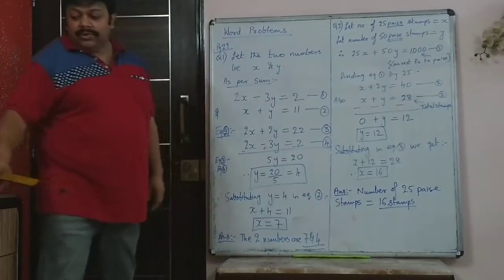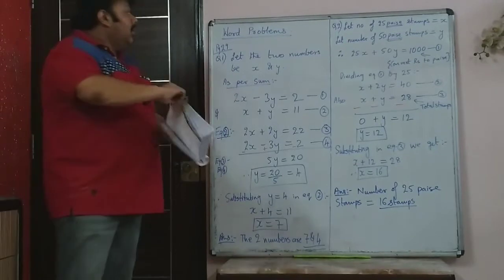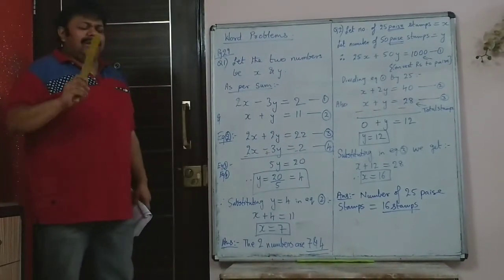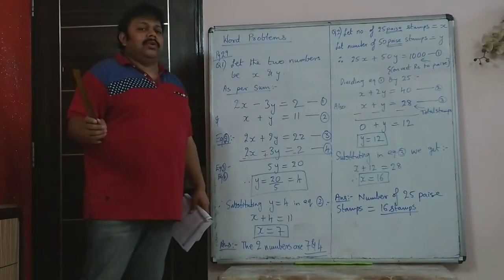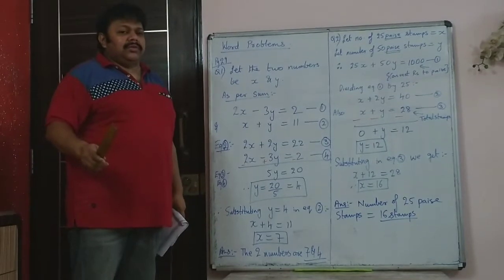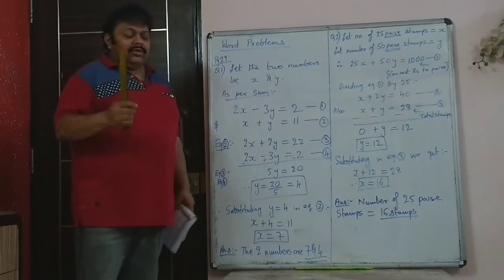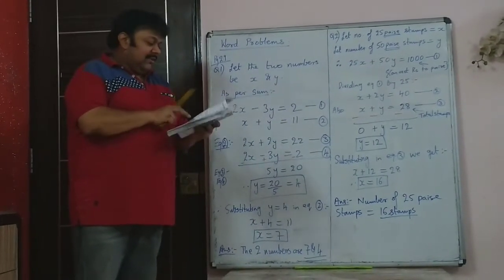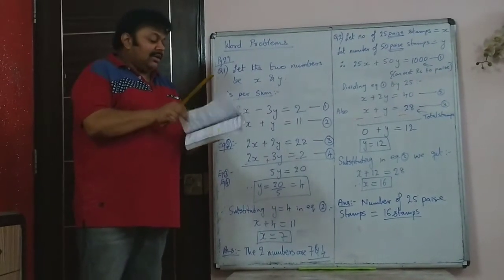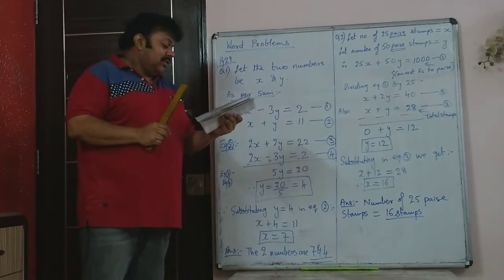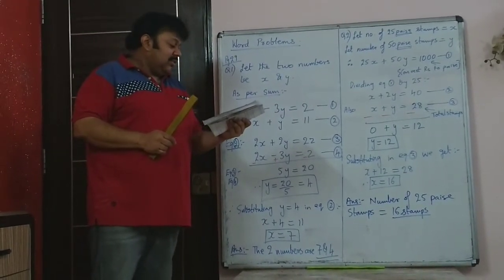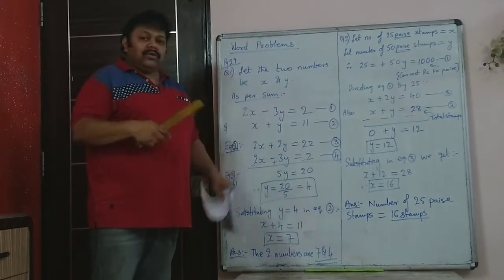The word problems, we are starting with the word problems on page 29. Generally in the boards, very simple, straightforward word problems are asked. They do not ask any complicated sums. We have broken down the first few sums are very general and simple sums, the question 1 to 11. After that there are age related problems and 2-digit number related problems, speed time related problems. So we will do it in parts.